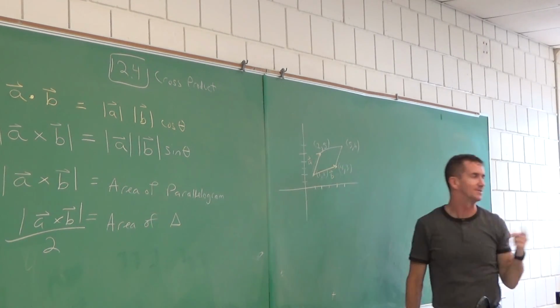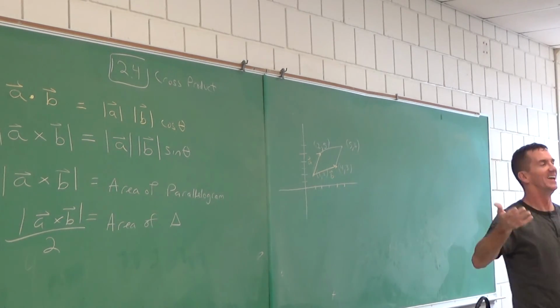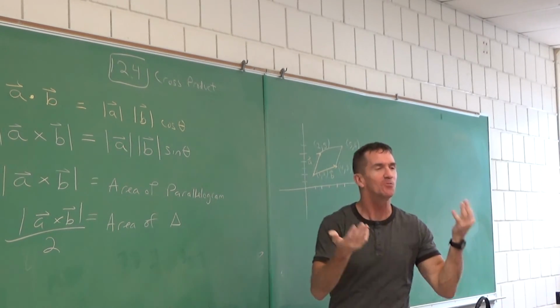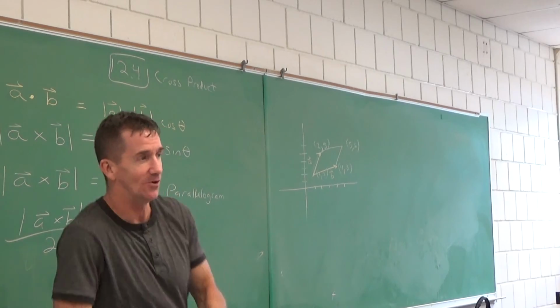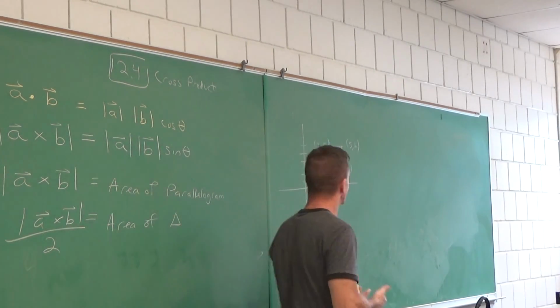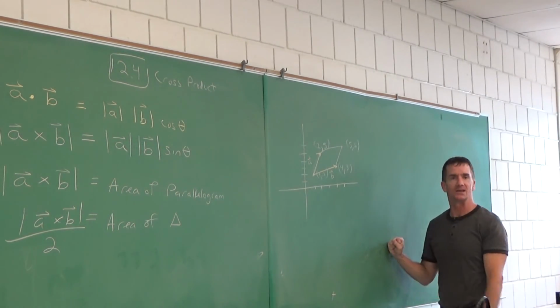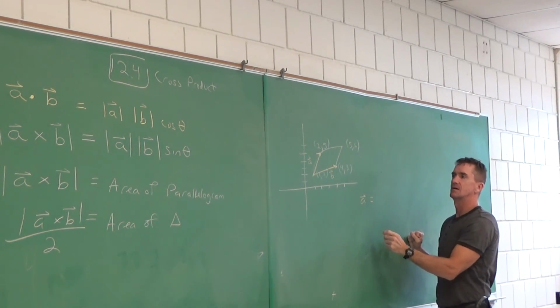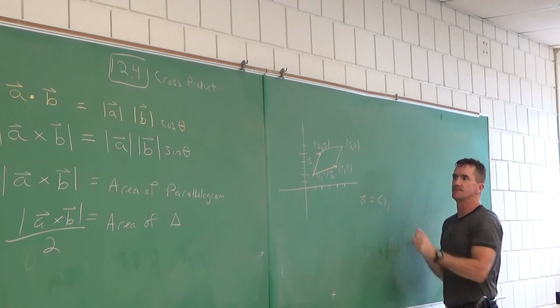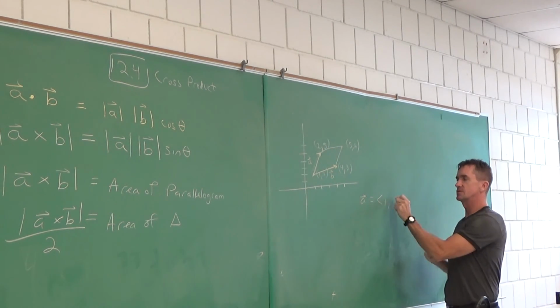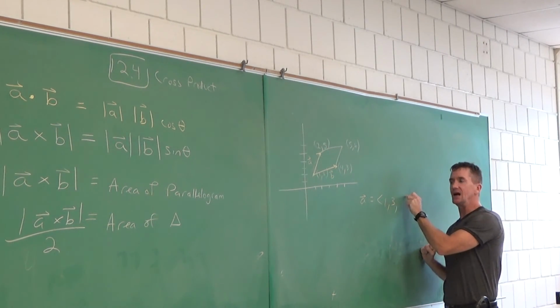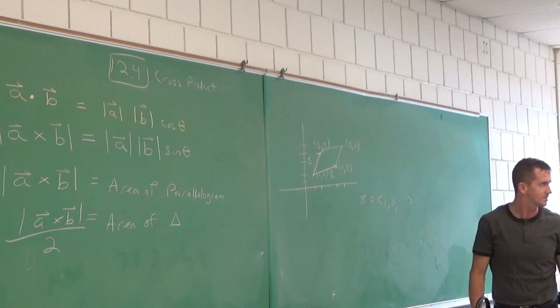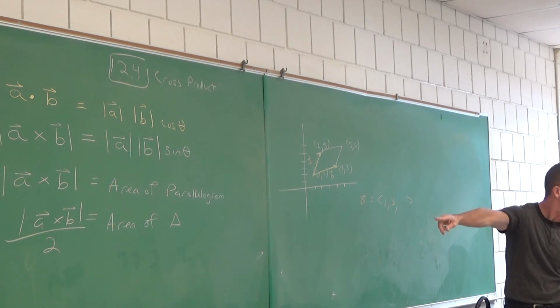But how, I did this problem on purpose. Tip minus tail, right? There you go. It's like, how do we make vectors from points? I've only done it once, in the last class. We gotta do it again. You said tip minus tail, right? Yeah. So what would vector A be? 2 minus 1. 2 minus 1 is 1. And the other one is 5 minus 2. 3. Now everyone, because I'm going to do a cross product, I know I'm going to do a cross product because I want to get the